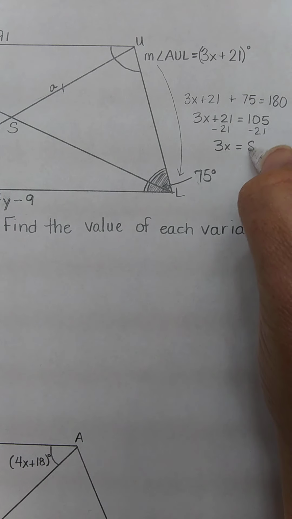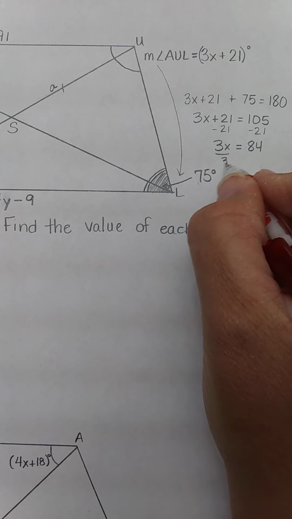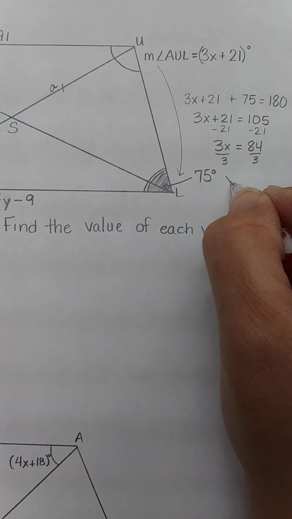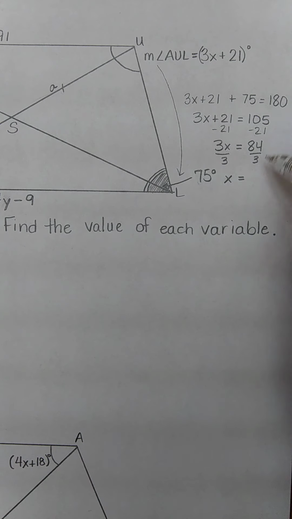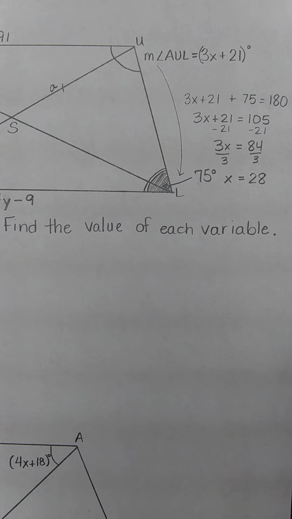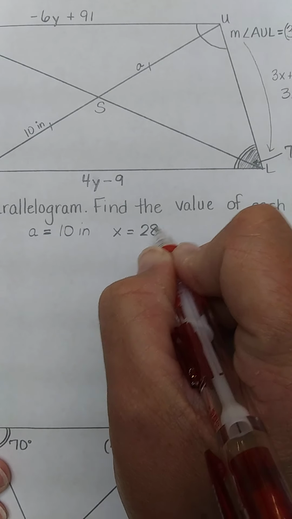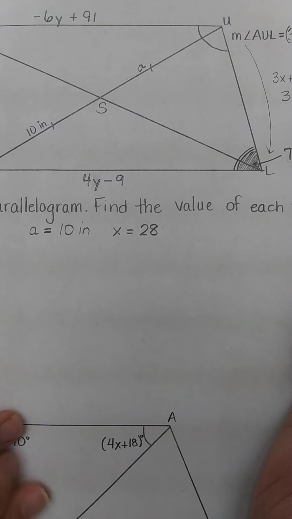All right, so then we get 84, I believe, and then we're going to divide by 3, and we get x equals, let's see, 2 would give me 60, and then another 24 divided by 3 would be 8, so 28. So x equals 28. And I actually don't need the